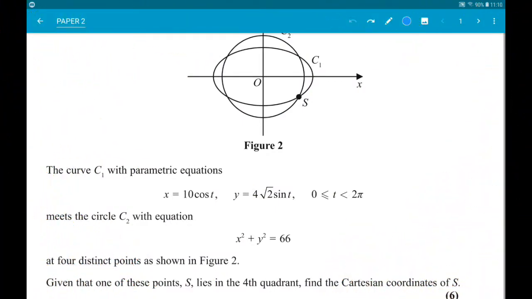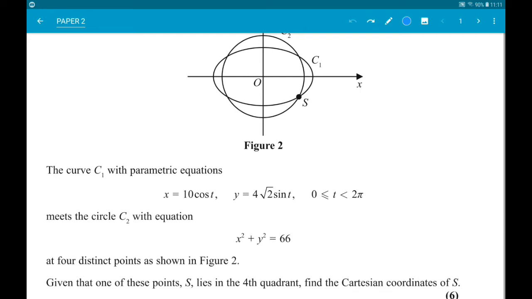Number 4, the curve C1 with parametric equations x is 10 cos t, y is 4 root 2 sin t, meets the circle C2, x squared plus y squared is 66, at 4 distinct points. Given that one of these points, S, lies in the 4th quadrant, find the Cartesian coordinates of S. So, x, y coordinates. Alright, so the way that we start this is